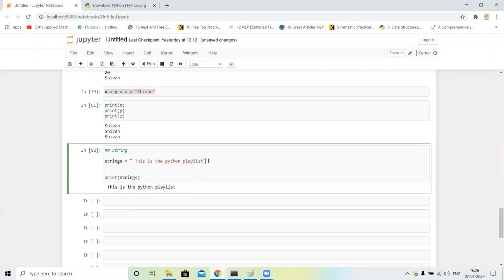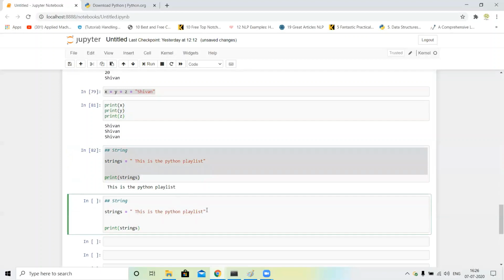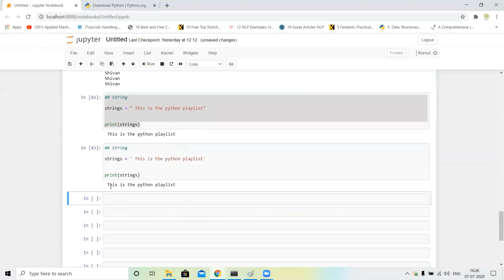We can use double quotes. I just copy this and change double quotes to single quotes, and you can see our output is the same, guys. So in a string we can use double quotes as well as single quotes, and when we write a multiple-line comment, we use triple quotes.